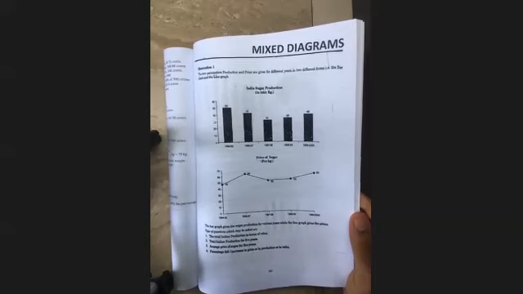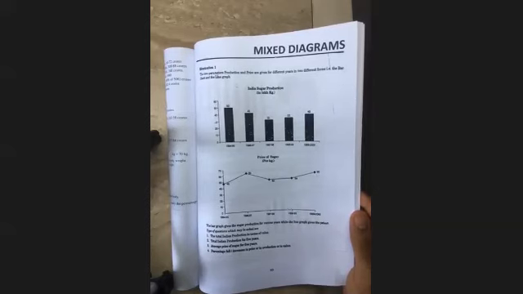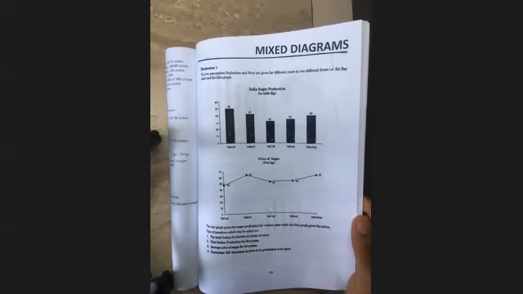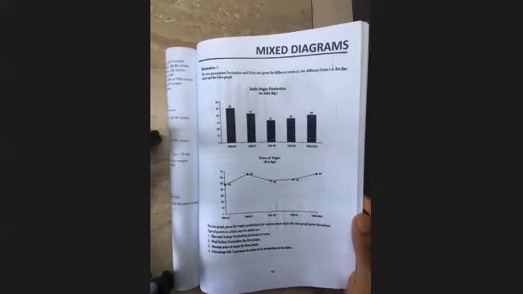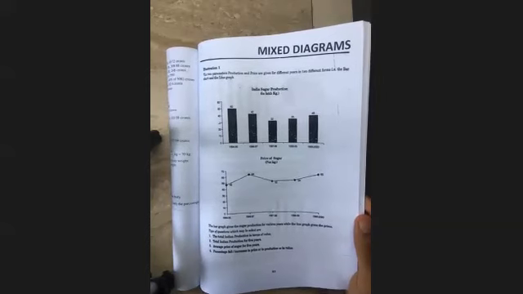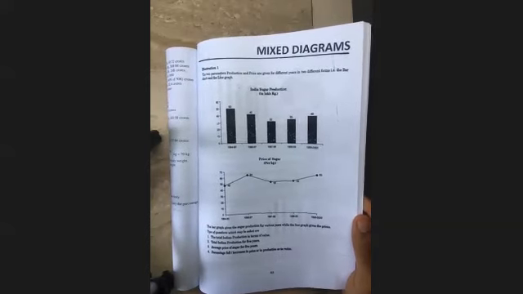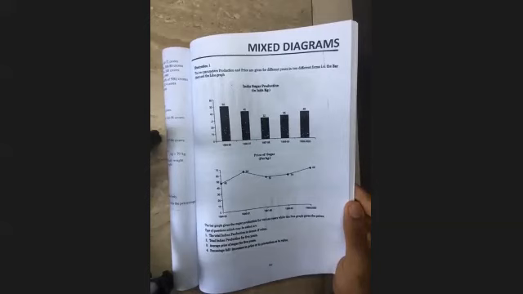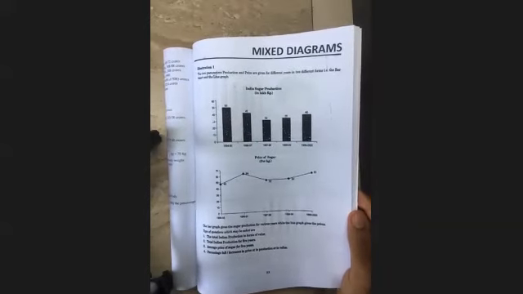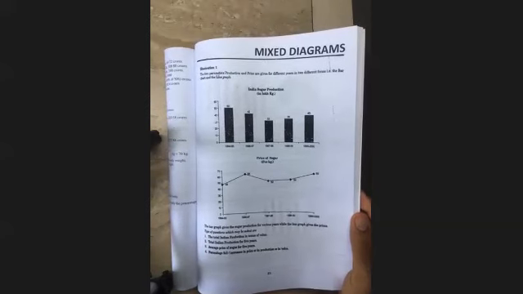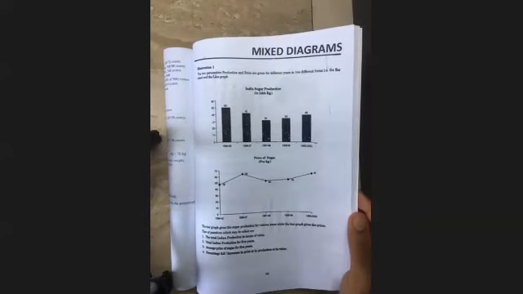How will you find the percentage fall or increase in price and the percentage fall or increase in production? Individually, if you want to see the percentage increase or decrease in price, you look at the line graph. If you want to see the percentage fall or increase in production, you look at the bar graph. What if you have to find the percentage increase or decrease in the value? How will you find that? Sir, first we will find the values. First multiply, get the values, and then find the fall, increase or decrease. Excellent.